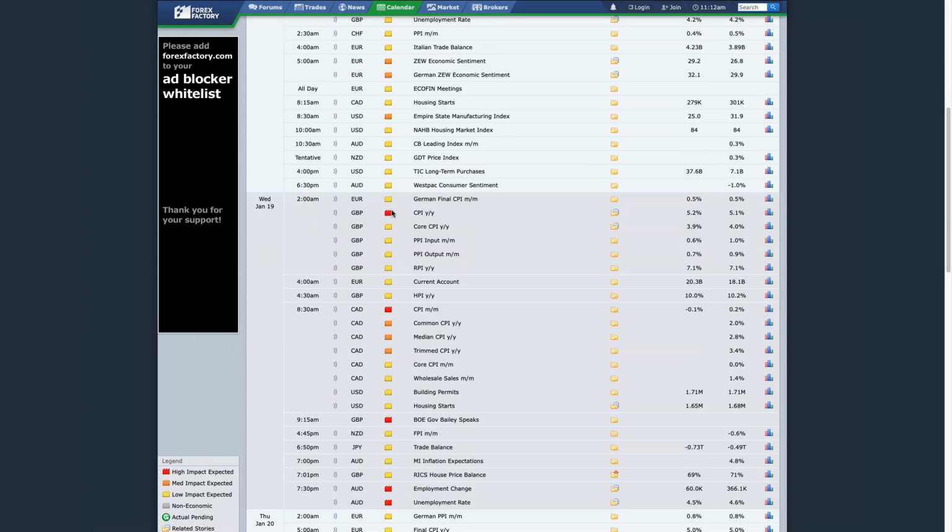CPI data for the UK. Remember, the Bank of England see two things. There's a couple of things to note. So first of all, Bank of England expect inflation pressure to drop in the second half of this year. This inflation print should still be high. It shouldn't get the Bank of England's attention. There's two things that are driving inflation at the moment. One, labour. If wages rise, prices rise. So that's what inspired the Bank of England to raise interest rates by 50 basis points in December. They feared inflation becoming systemic.